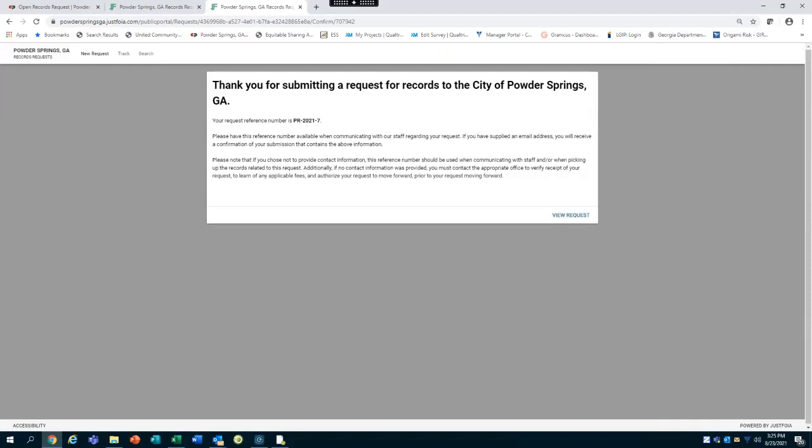And it's going to pop up a window for you, and it's going to say, thank you for submitting a record request. It's going to identify a reference number for you. It's going to be preceded by a PR, the year, and then it's going to just be a numerical count after that. It's going to let you know that we've received your request and that we're processing it. You will also receive an email that will look